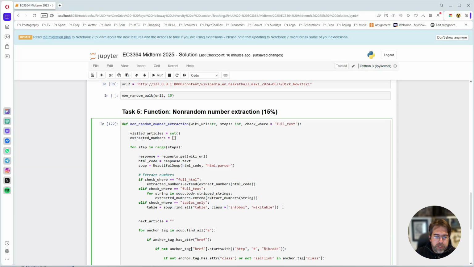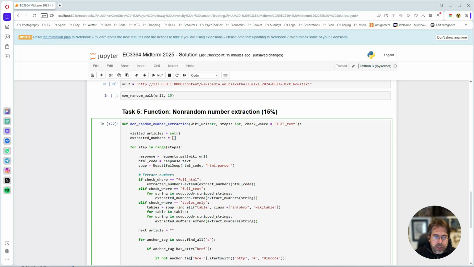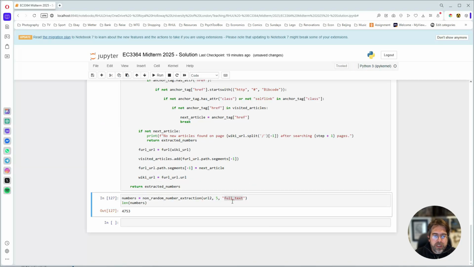Alright, so we assign this to tables, and then for table in tables, we're just going to reuse the stripped strings here. Obviously we need to change the soup body here to table and get this all on the right indentation level, so this should be fine, and then we try tables only,